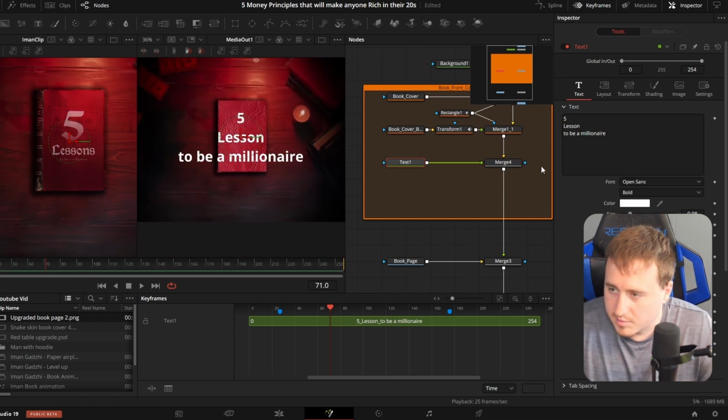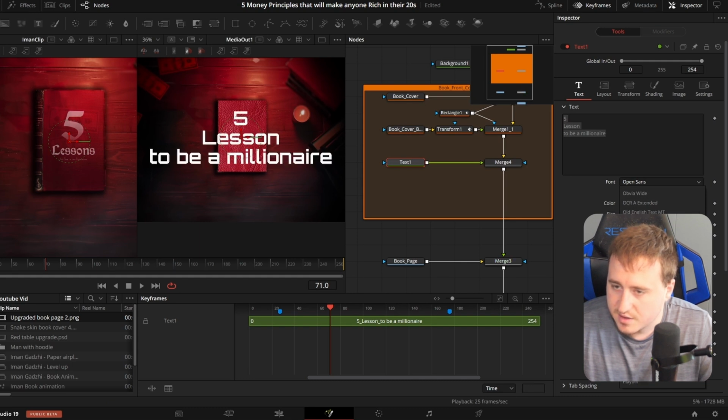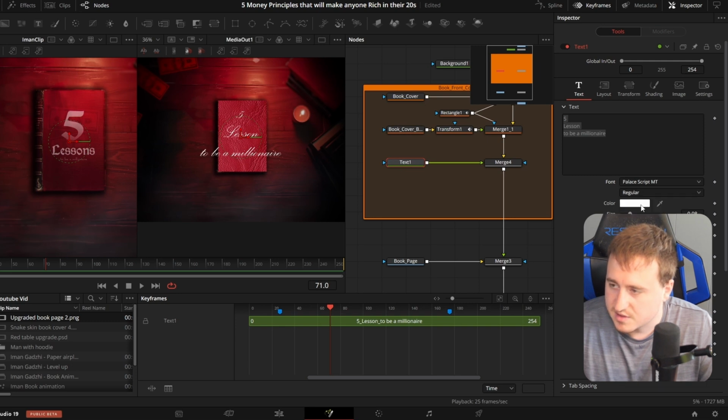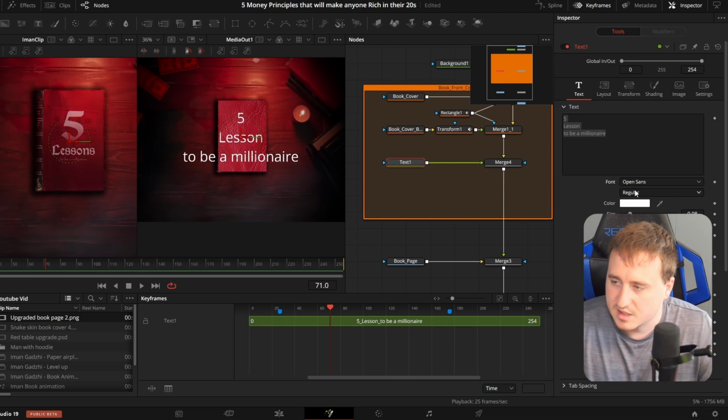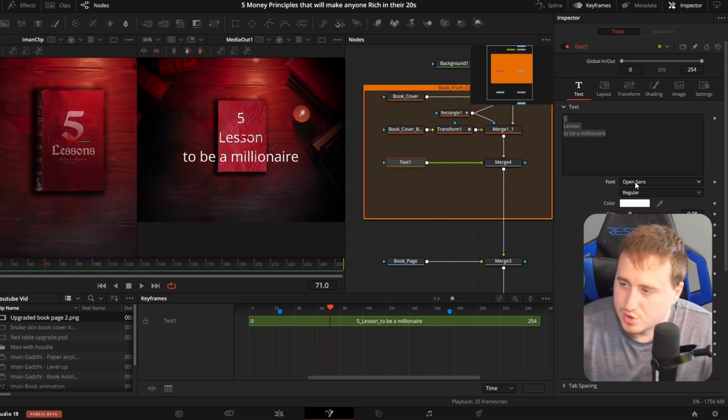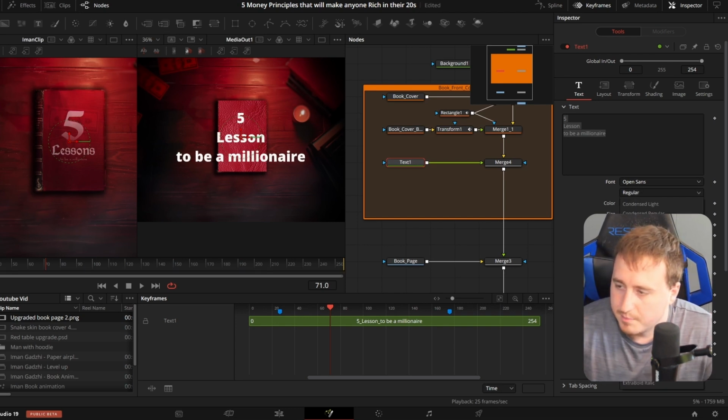All right, and then I'm not going to really go over font styles too much with you guys. You guys can pick out a nice font that you like. Let's say, for instance, that you like this Palace one. Ideally, you want to look for a font that has both a regular and a bold version of it. We'll just get something nice. We got something with 2 different versions. Yeah, so we'll just go with Open Sans. I made it with a different font in the beginning of the video, but we'll start off with the bold